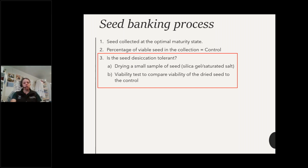So we need to remove that extra moisture and prevent any ice crystals from forming. Now, if we're working with a species that we don't know anything about, we'll actually only do it on a small subset of seeds so that if we kill them, we didn't kill our whole collection. And what we do is you dry that seed. You can dry it